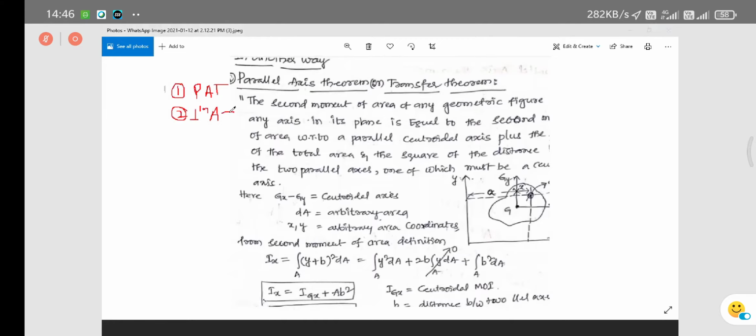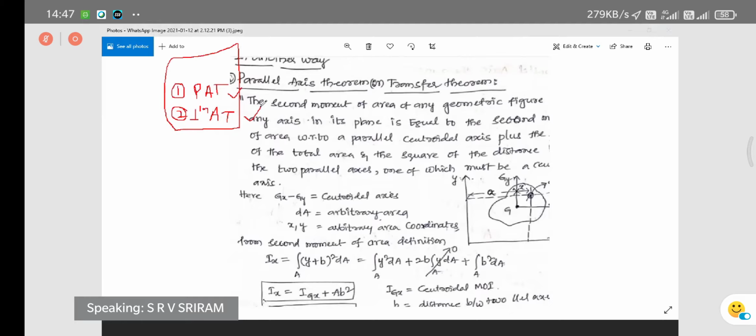So these two theorems are very important. They will come in external examinations also. Based on this, we will solve the entire moment of inertia problem. Whether it may be mass moment of inertia or area moment of inertia, we will solve based on these two theorems only. If you are not able to understand these two theorems very clearly, we are not going to get a solution for even a single problem. So please be careful about these two theorems.